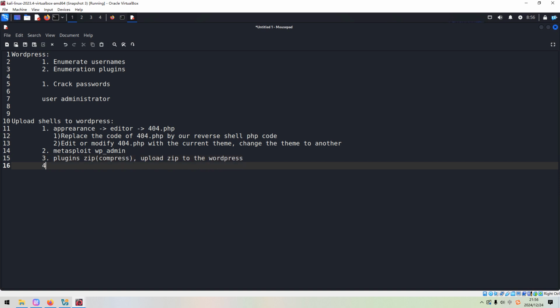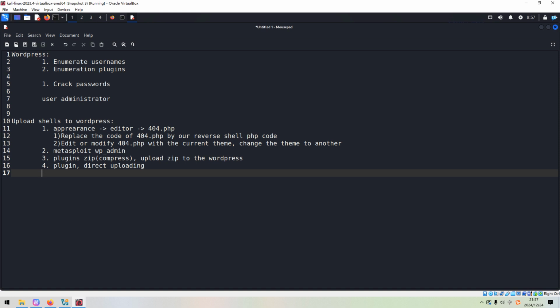And the next way, especially with older versions of WordPress, we can go to the plugin page and directly install the reverse shell PHP file as a plugin. We do not need to compress this file. So this is direct uploading.